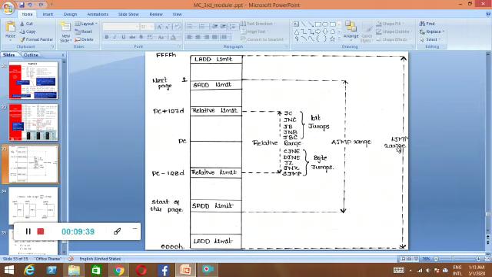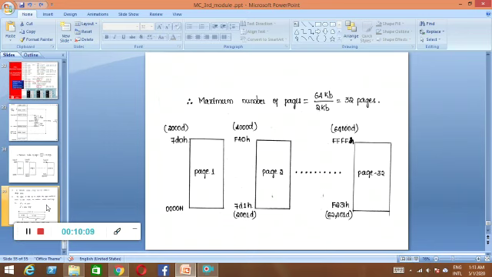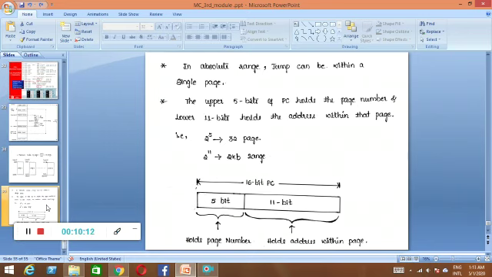For long jump, the range will be of size 64 kilobytes. For conditional jumps, the range is plus 127 forward and minus 128 backward, right? So that is what has been given related to the pages, which we already discussed in the previous session.